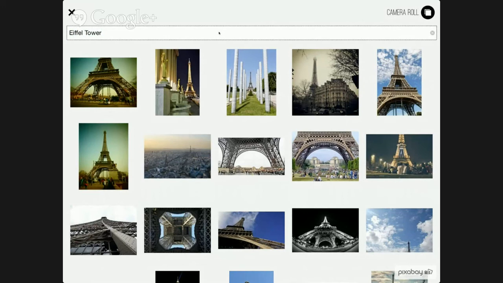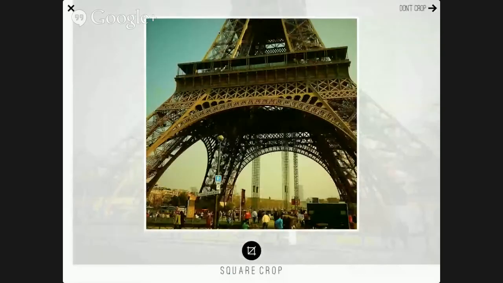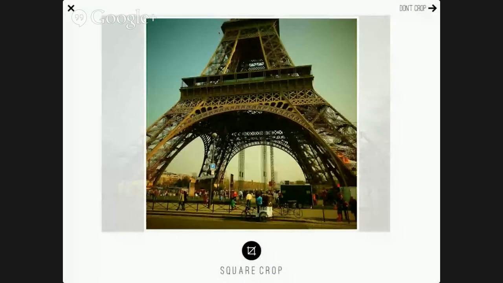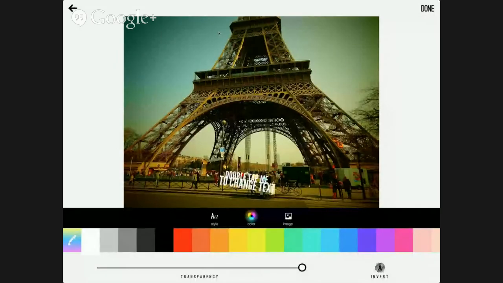There we go, brings it through. And you can then choose whether you want to square crop it or not, and you can also pinch to resize the image and what have you as well, like so. I'll leave it as don't crop, so just tap don't crop in the top right hand corner, and then you get your image. Now, basically, you then get a variety of